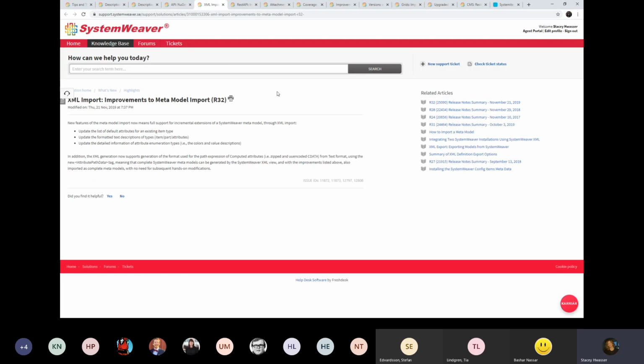Moving on to R32, we made improvements to the meta model import so that via an XML import, you can now update the list of default attributes of an existing item type. You can update the formatted text descriptions of types, and you can update the detailed information of attribute enumeration types, so the color and the value descriptions of the enumeration